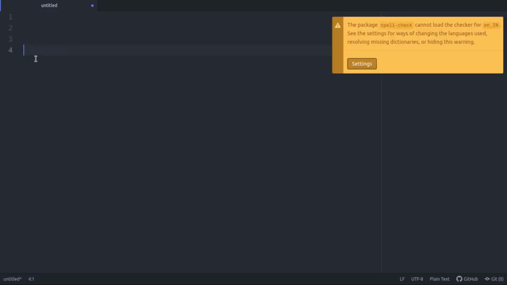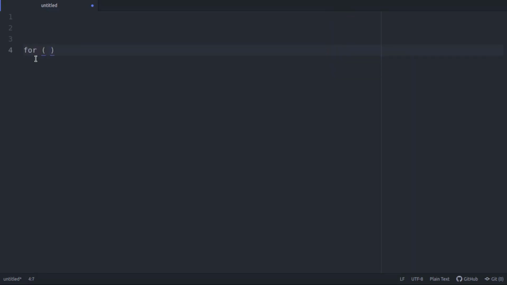Now, what is the syntax of a for loop in C? Generally, the syntax starts with the keyword for. Then we write an initialization condition, that is, what our count should start with, followed by a condition till which the loop should continue, followed by an increment value. That is, each time the loop is executed, by how much should the variable be incremented.